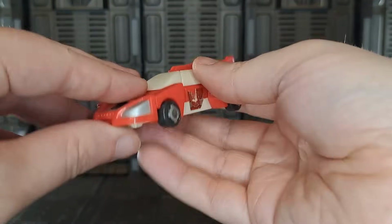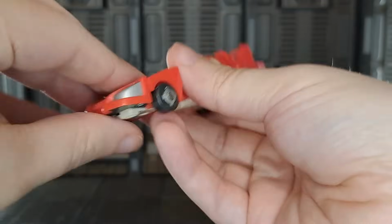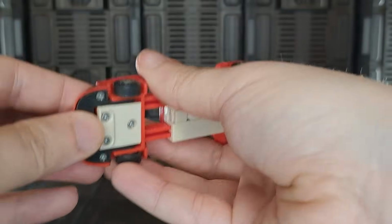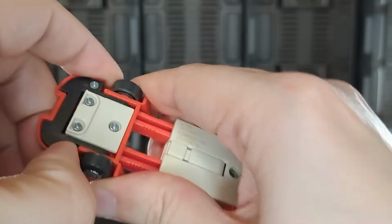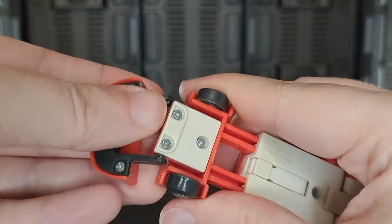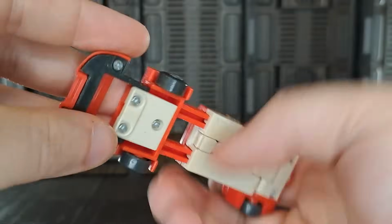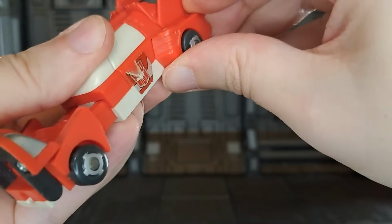Transformation's also a little more interesting than most would give it credit for. So, pull out the legs like that. I need to flip out the feet, which to do that, I first need to pull them out. Whoop. Hopefully they don't come off the hinge like that. It is an old toy. I'm going to fold them down like so. Arms